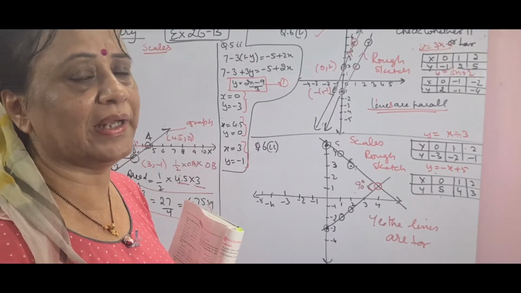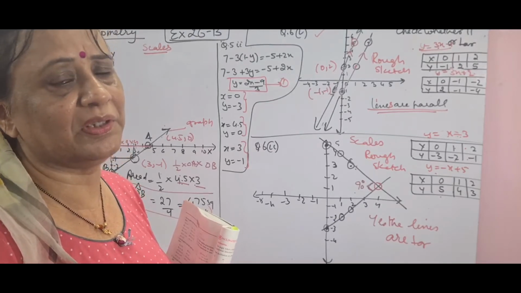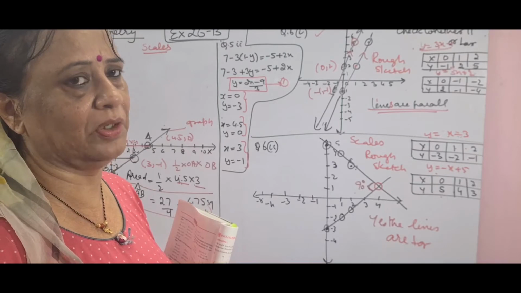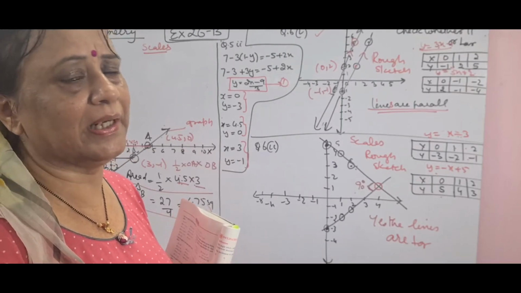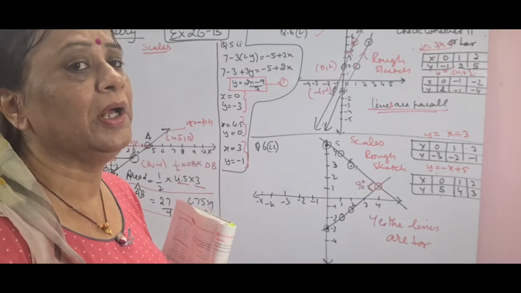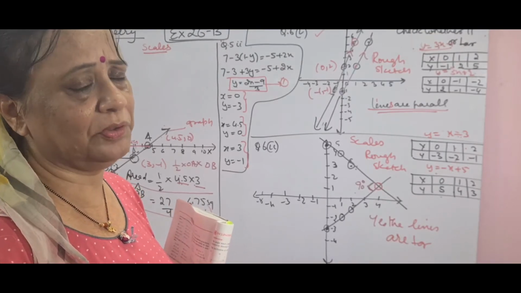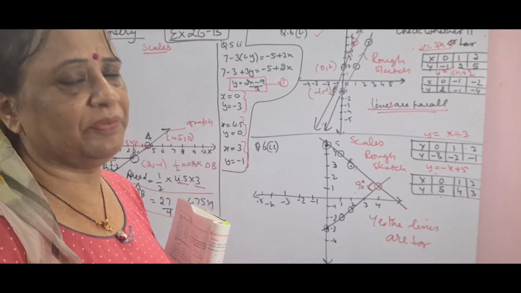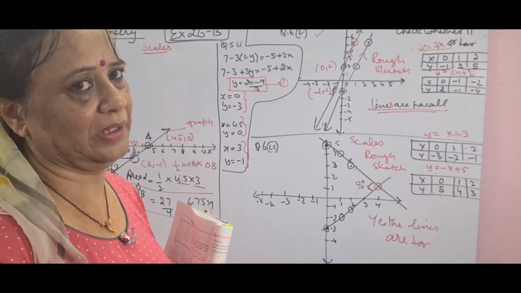And try to take ICSE graphs. There are graphs on the back side of your physics lab manual also. You can get that photostat. Get around 20 to 30 photostats and make copies of it, because you can't get these graphs in the market, especially these days. But if you get it, well and good, then you can do on that also.